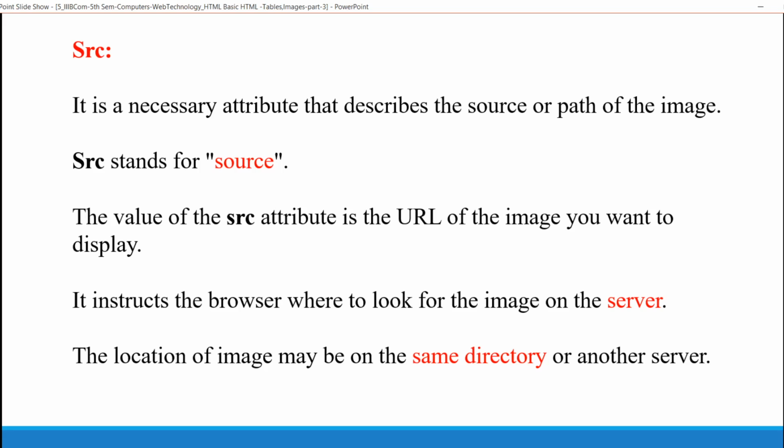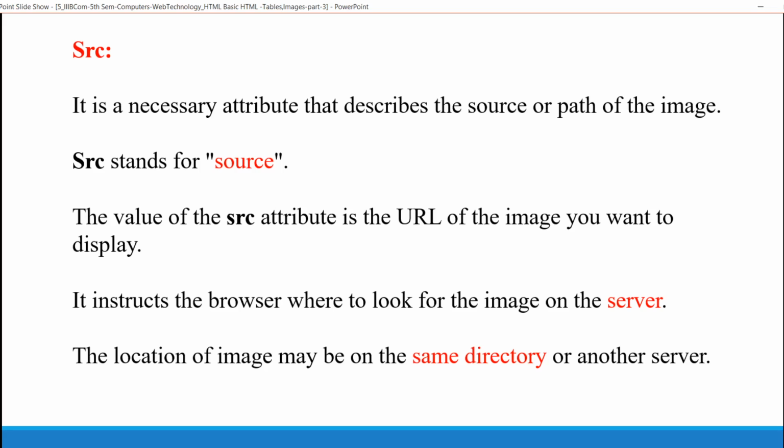What is a source? Source describes the path or source of an image, where we are taking the image, from where we are getting that image. That path should be specified with an attribute, that is SRC. SRC stands for source.